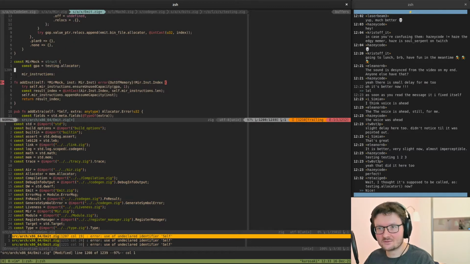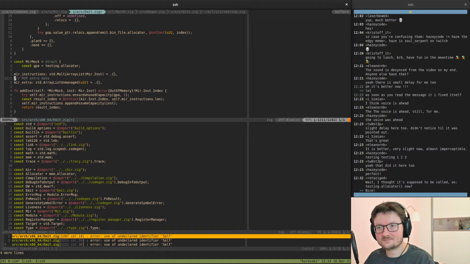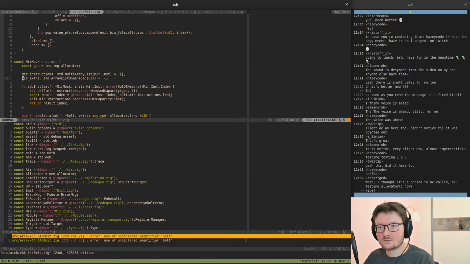I don't think we care about anything else. So we can get rid of that one. Right, okay, MIR extra, sweet. So this will hold the extra data. MIR instructions will hold all the MIR instructions that we are spoofing here. It might happen that maybe we don't need that much, depending on how much we will be actually mocking here. This might be useful. I'm thinking for mocking jump relocs, basically for fixing up the relocations for jumps. Because trying to work this out, I guess recursively, is going to be